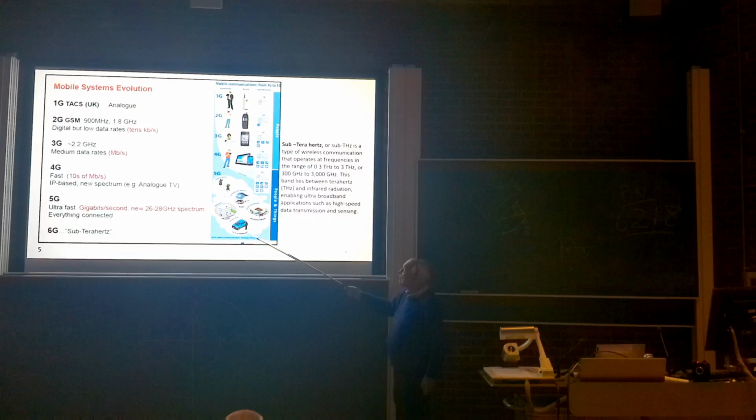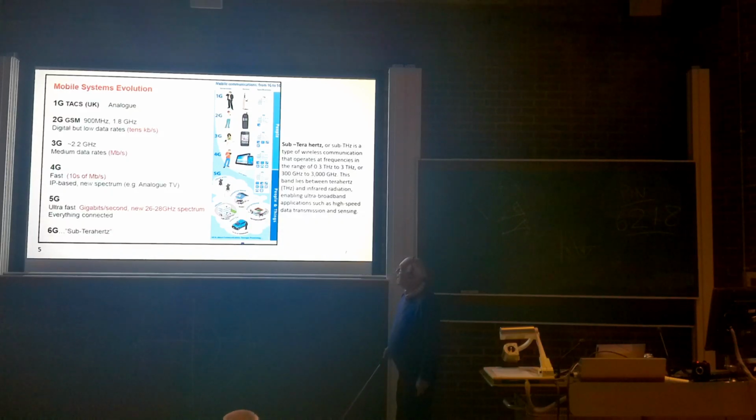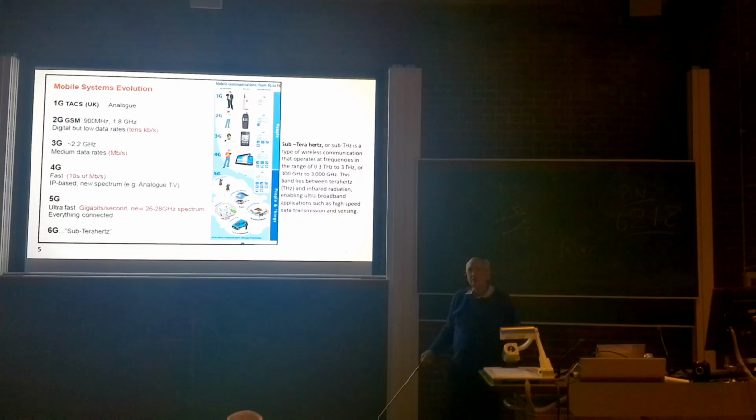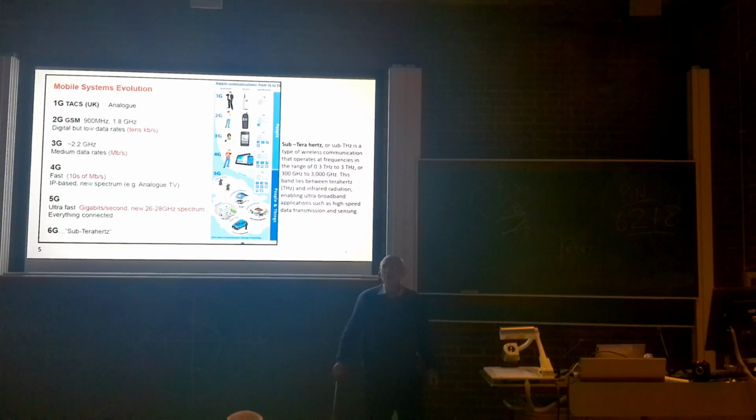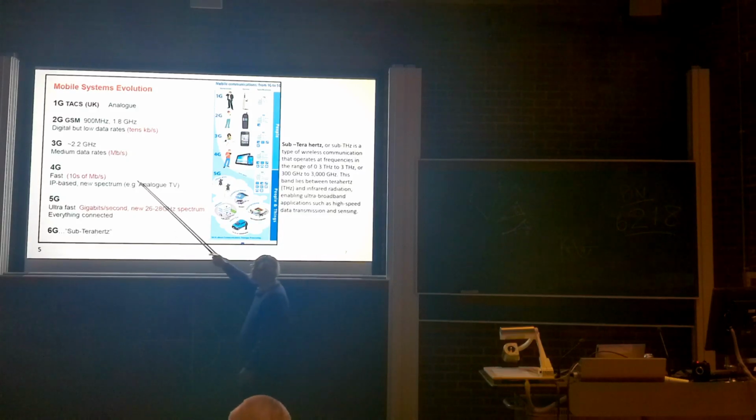1G, as I said, is the analog system up there. 2G is the GSM, 900 megs, so that is an improvement in as much as it was the first digital system. The digits mean it is possible to encrypt the calls so that you can't readily and easily be listened into. Quite low data, tens of kilobits, that's all you could actually get on that. So useless for getting into the internet.